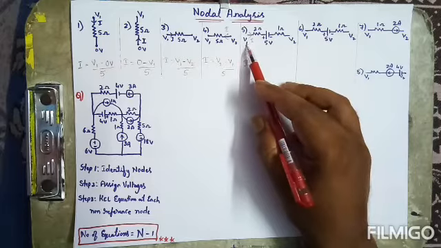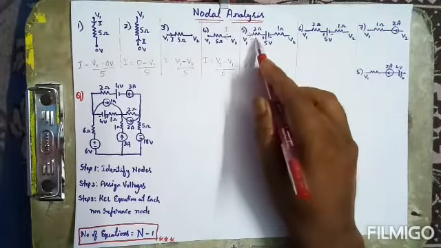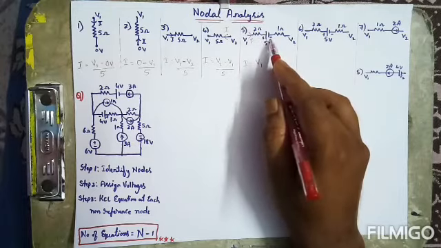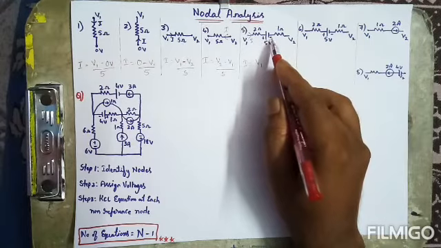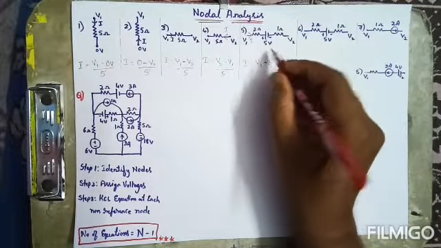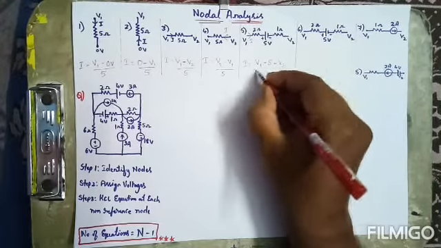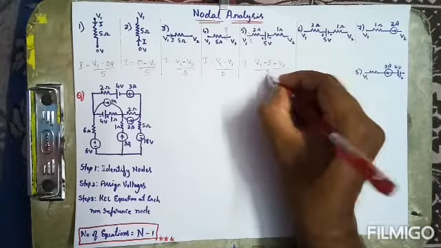Let's see that. V1 is the first term, let us write it as it is, and now it is moving towards this. After the terminal means we have plus and minus here. After this source, whatever sign we have, you should consider that sign. So it will become minus 5 volt, then minus V2, divided by 2 plus 1, that is 3.